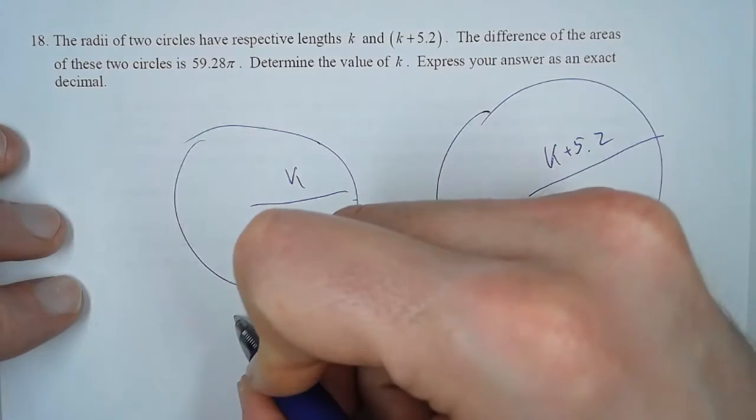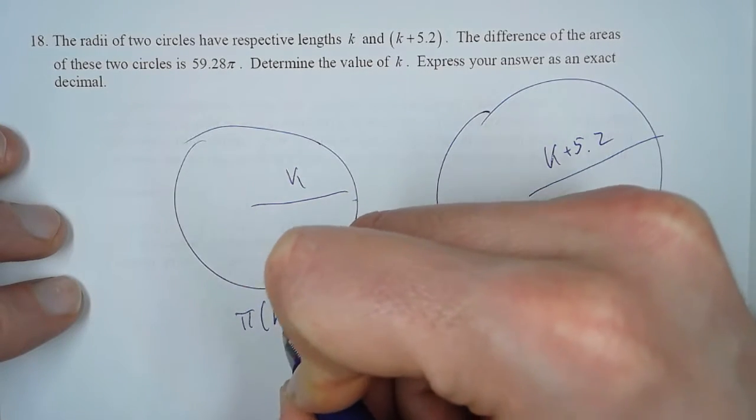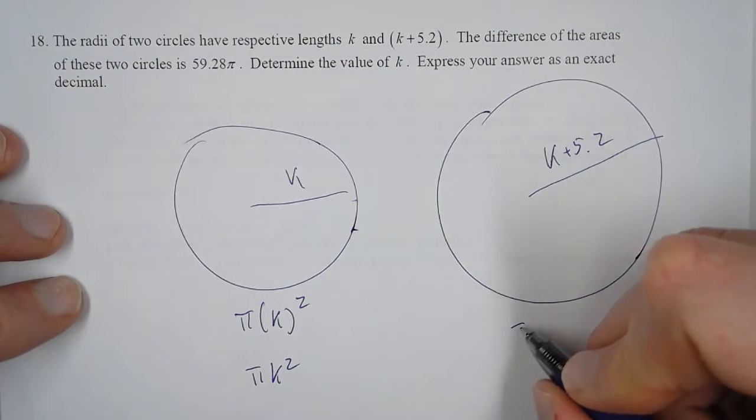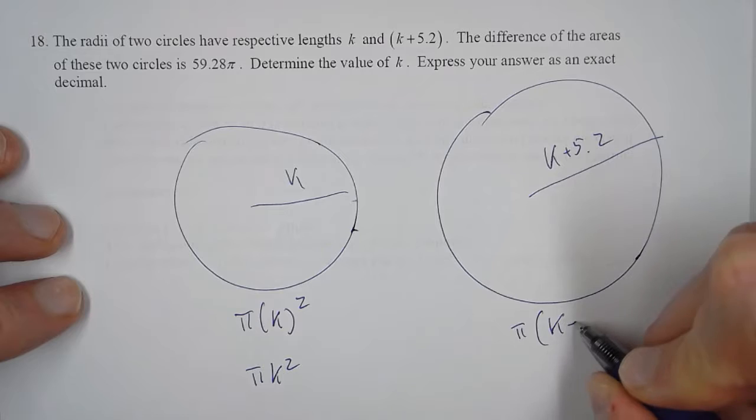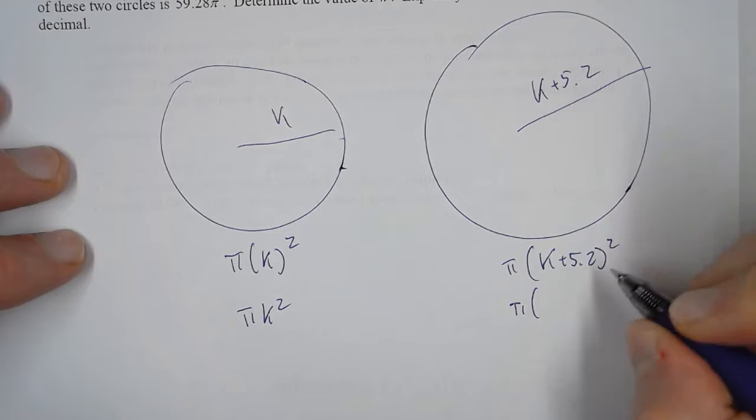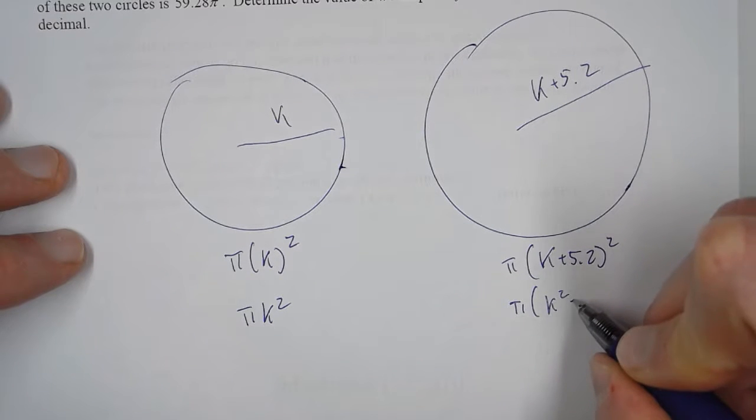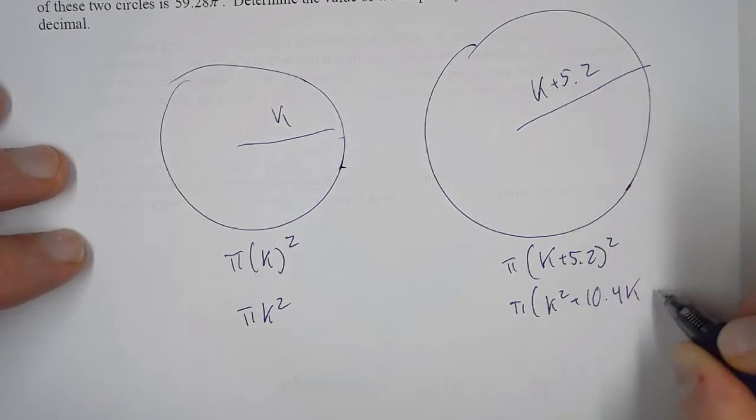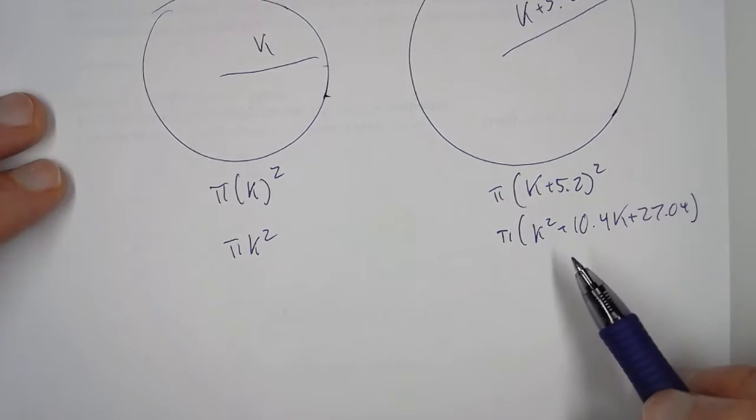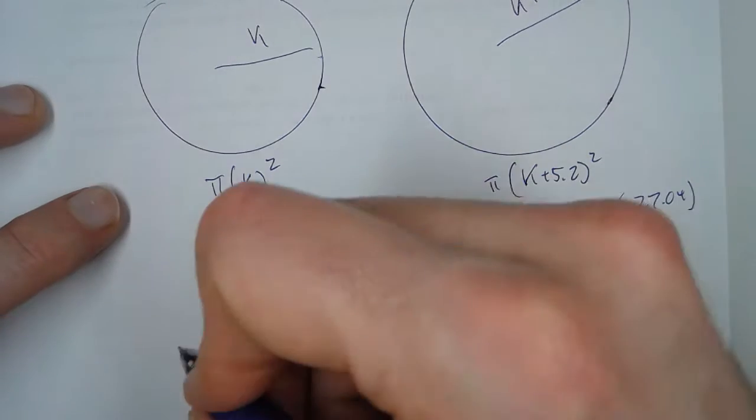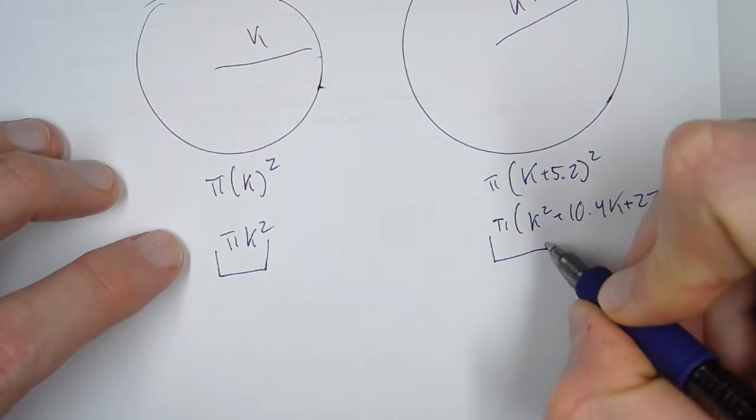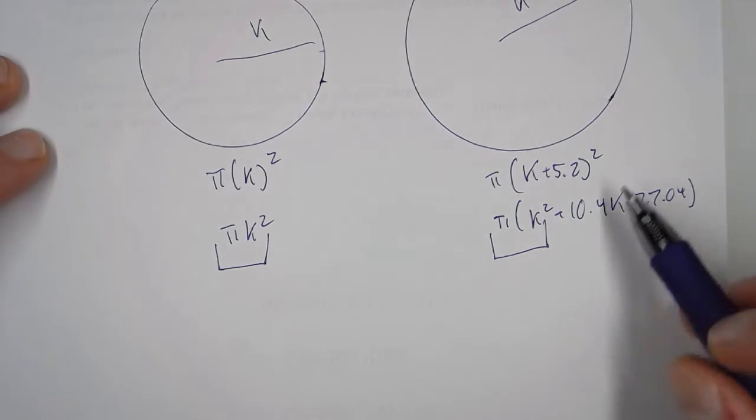So the area of this circle is pi times the radius squared, so pi k squared. The other one has an area of pi times (k plus 5.2) squared. So when we expand this, we get k squared plus 10.4k plus 27.04. So now what we need to do is subtract these. When we subtract these, the only part they have in common is k squared. So what's left over is